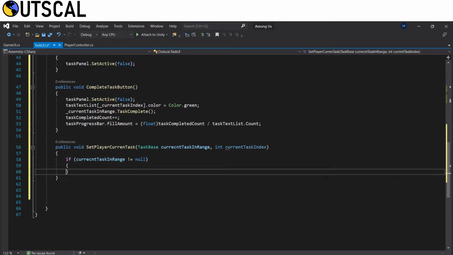Inside, we check if current task in range is not equal to null.